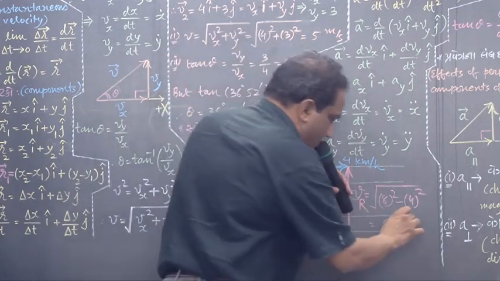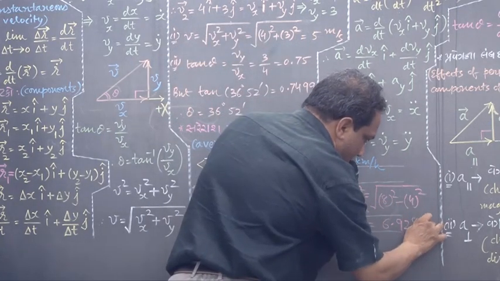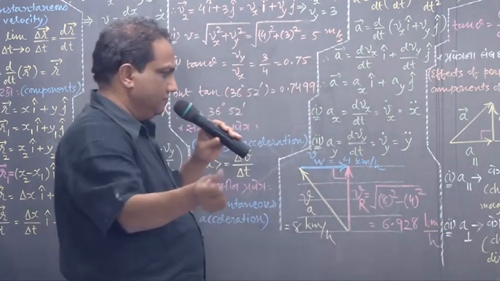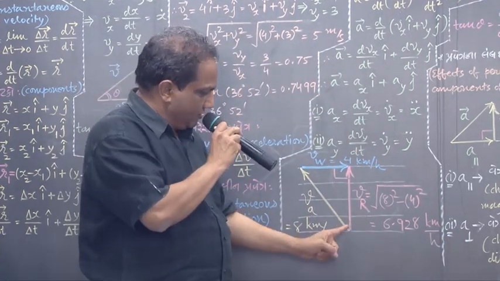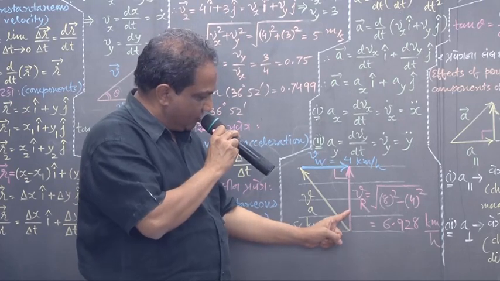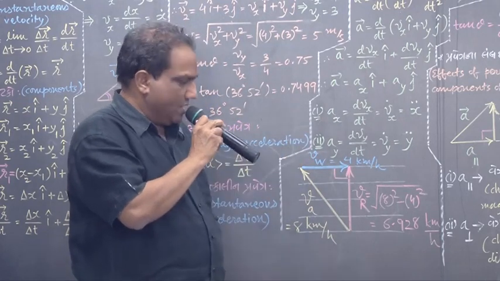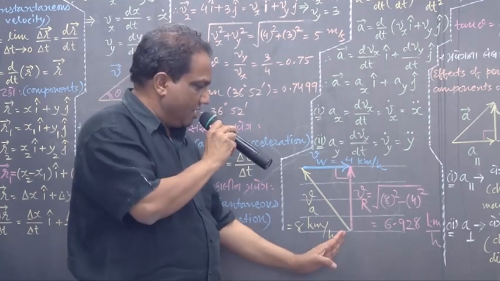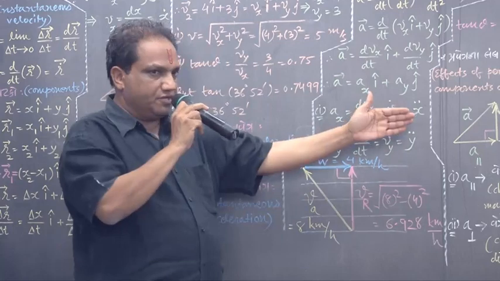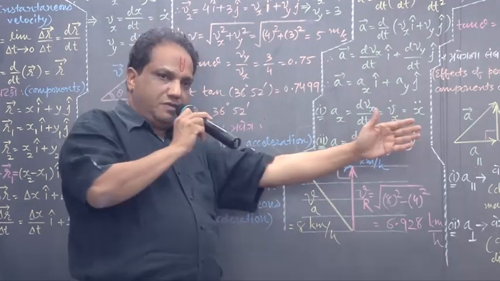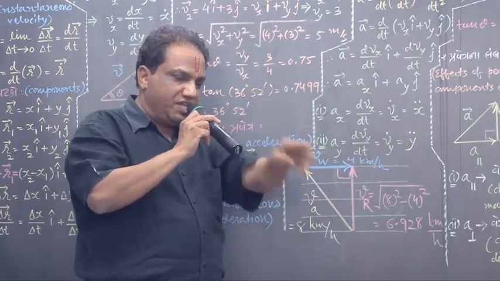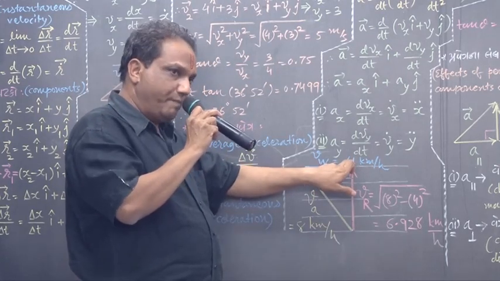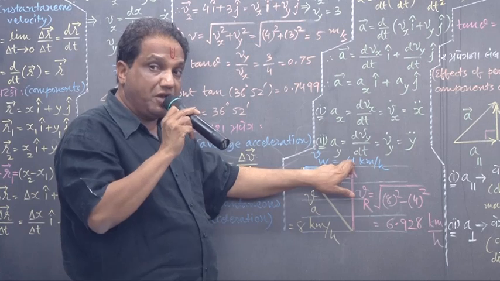6.92, 8 kilometer per hour. Wait. So this is the resultant velocity of the boat. Now, how is it traveling? Come on, look here. Perpendicular to the flow of water. Say, perpendicular to the flow of water. And that is how he reaches from one bank to the other bank. Perpendicularly. He is crossing the river perpendicularly.